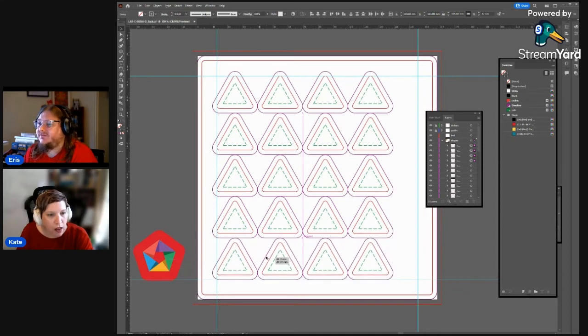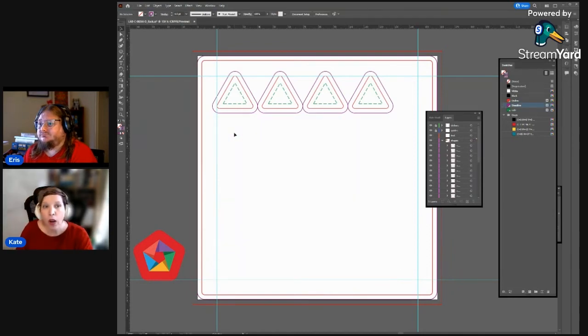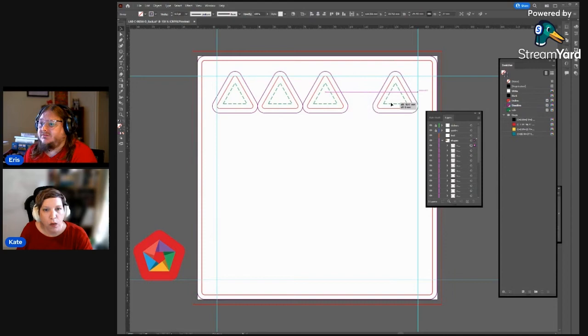We can get 5 rows. Without doing a whole lot of work, we can get 20 tokens on this board already. But there's a lot of space here that isn't being used efficiently. So this is when we go, all right, we can get a better layout. I'm not even going to bother keeping those because it's just not worth it. I want to keep one of them actually. For sure, I'm not going to keep all of them though.